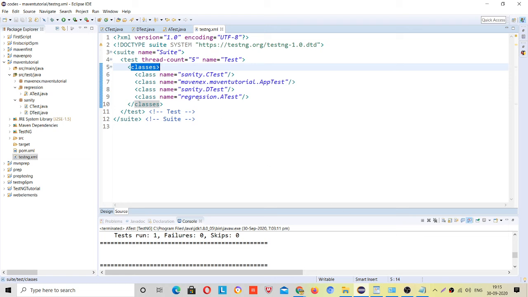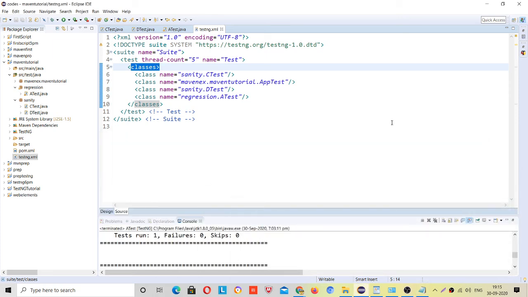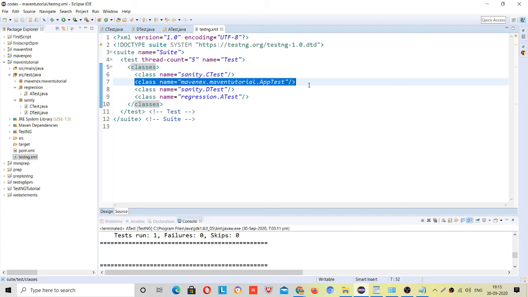See, before suite and before test are executed, then see, we don't have before class, we don't have before method, right? After that, then what will be the order of the output? Let me remove this file because this node belongs to our testng file, right?